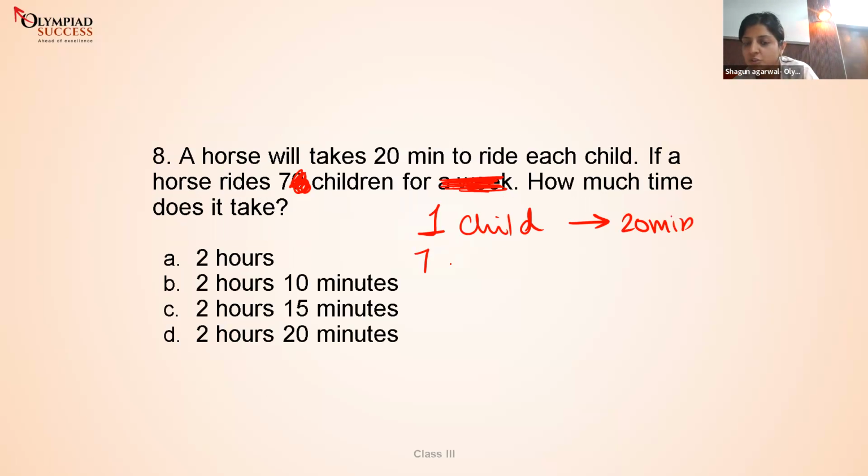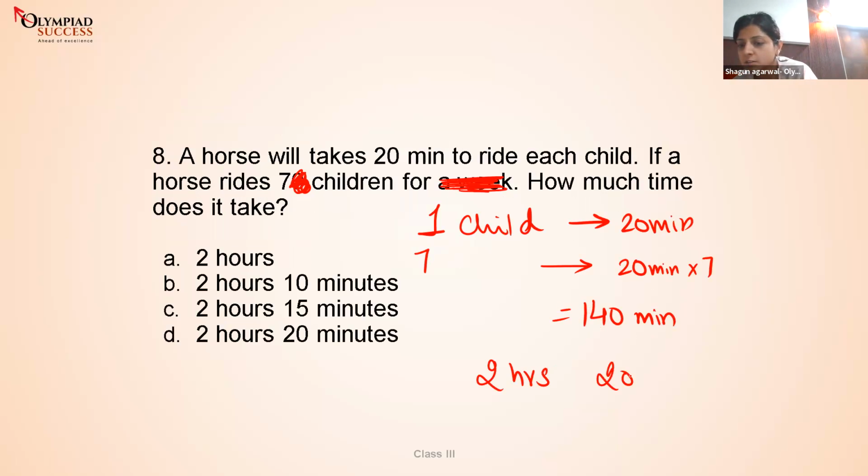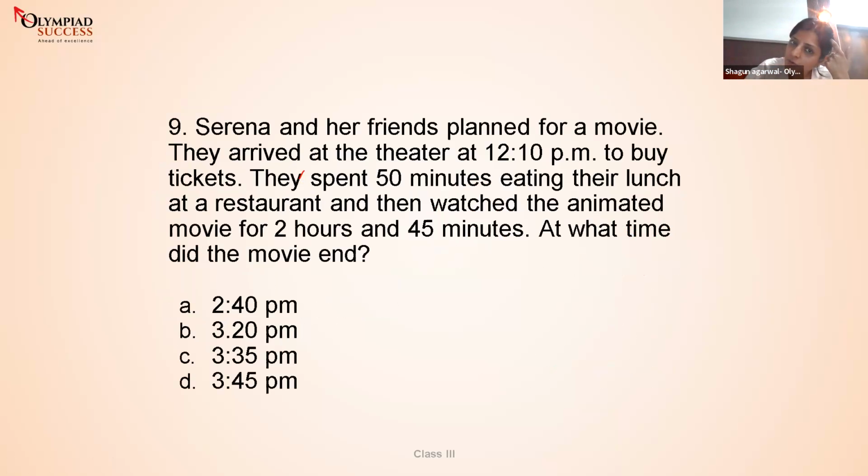So for 7 children, it will be nothing but 20 minutes into 7, which is 140 minutes. If I have to convert this to hours and minutes, that would give me 2 hours 20 minutes. Great. Go on. Let's look at the next one.